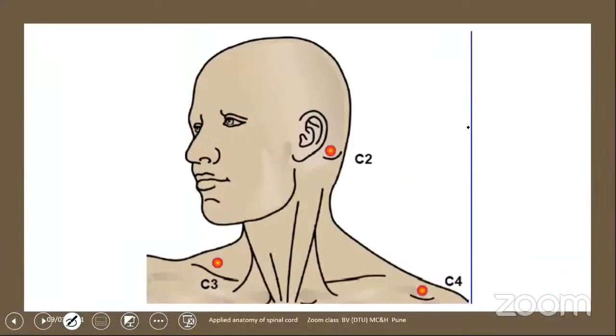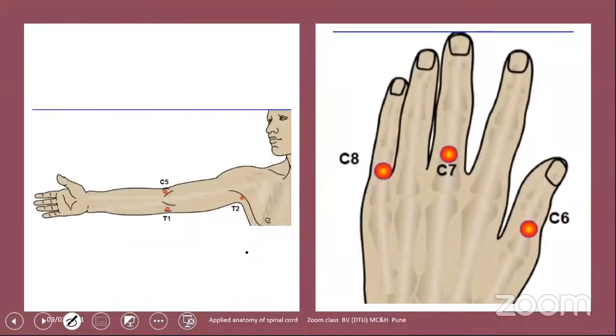That is C2 for you, C4 and C3 you can see behind. This is the C2. There's no C1. Okay, no C1. Don't say any answer when you are asked about C1. This is C3 and tip is a C4. C3 is actually on this area. And you see the C5, it's actually dorsal, and this is a T1, T2, C8, C7, C6,